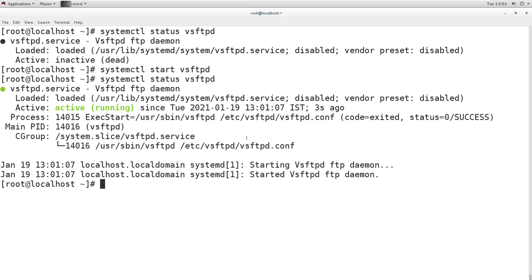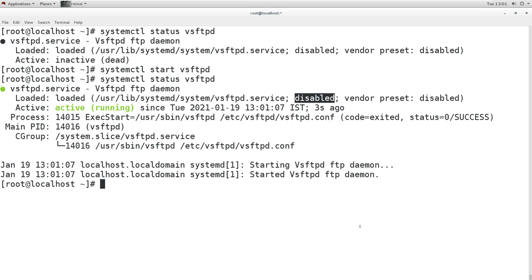Now it is still saying disabled. This means this is the default status. Currently it is running, but if I restart my system, then it will go back to the default status, that is disabled. So whenever you start any service, you have to make sure that service will always run.